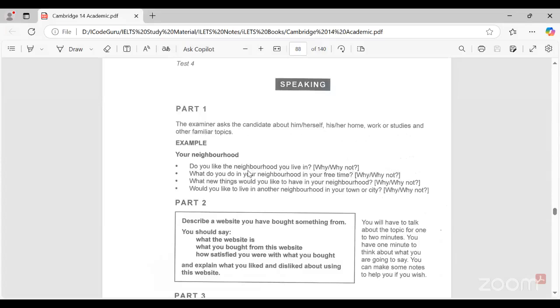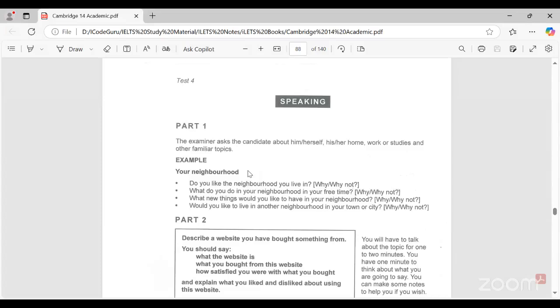Okay, then who would like to be my examiner and ask the part one questions? Anyone? I think multiple people can ask the same question for me. If you are new, you can let me know, and I will explain how you can ask the question. This is not difficult. You just need to ask different questions.